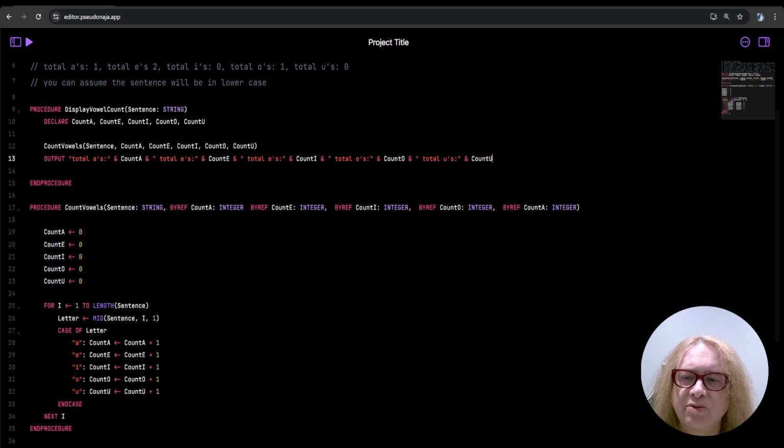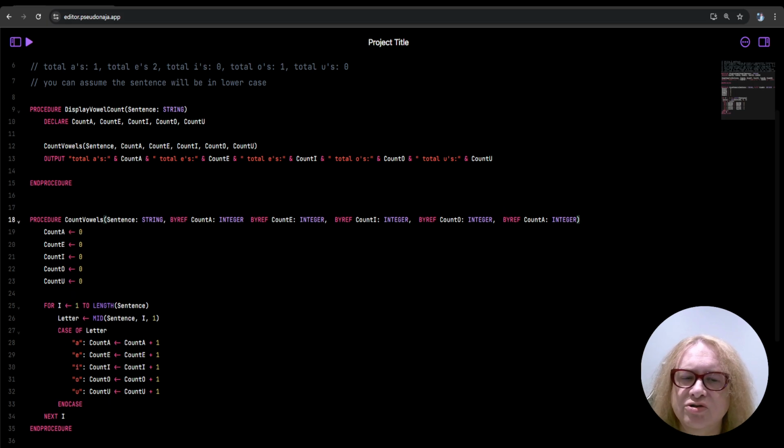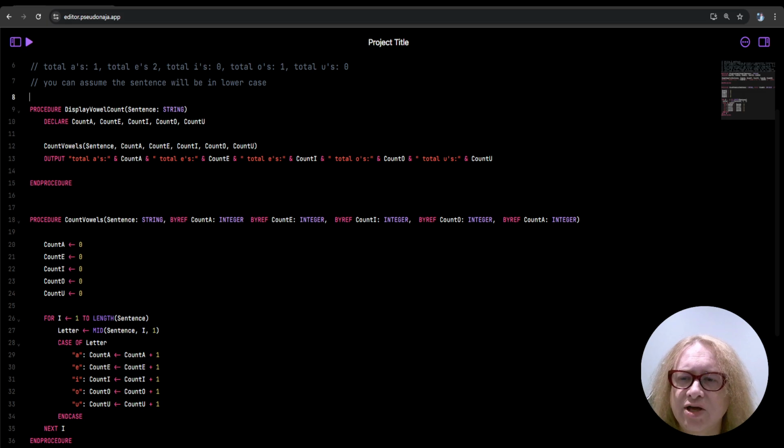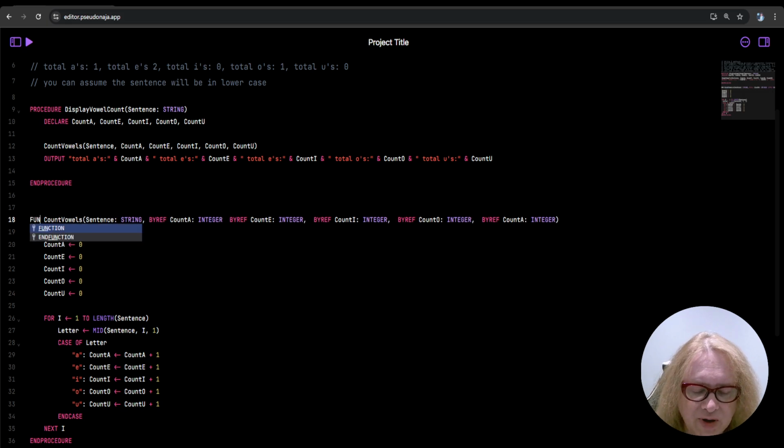that will automatically be reflected in the variables up here. So that would be one way of achieving this goal, by using pass by reference. So it's important that you remember how pass by reference works. So that's one way of dealing with it, but it's not the only way of dealing with it. And so what I'm going to do now is say, well, how could we in fact do it in a different way? And then what we could do